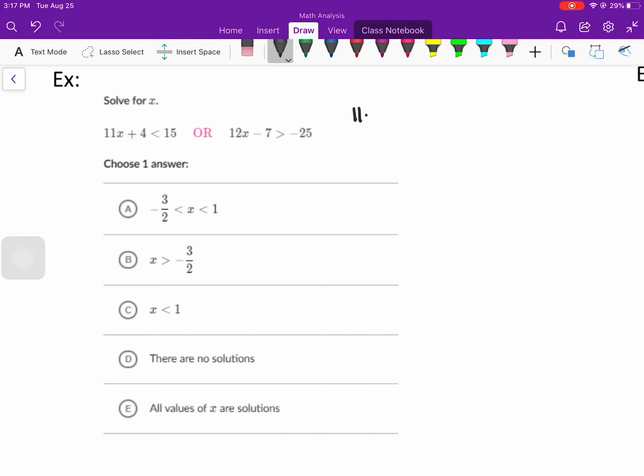We're going to solve each one individually. So we have 11x plus 4 is less than 15, or 12x minus 7 is greater than negative 25. So we're using the word or this time. Solve for x. x is less than 1, or